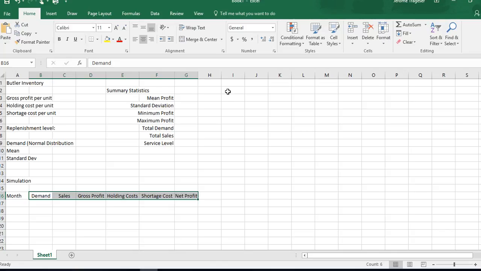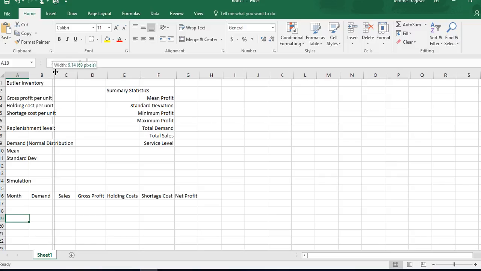In this example, we're going to take a look at the Butler Inventory simulation in Chapter 16 of our book. Butler is a company that sells wireless routers. So take a second and set up your workbook like I have here. The main thing you need to focus on spacing is these simulation rows down here. Okay. Then once that's done, we're going to go ahead and enter some information that we are given in the